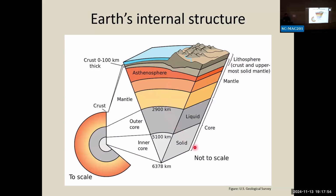And I've already thrown a lot of terms, so apologies in advance. Geologists love their terms, and to complicate things further, but it's important for the next slide, we also have these terms of lithosphere and asthenosphere. And the lithosphere is basically the crust and the very uppermost mantle taken together. And these behave rigidly, importantly. And then the asthenosphere is part of the upper mantle that is most fluid and where these convection currents are